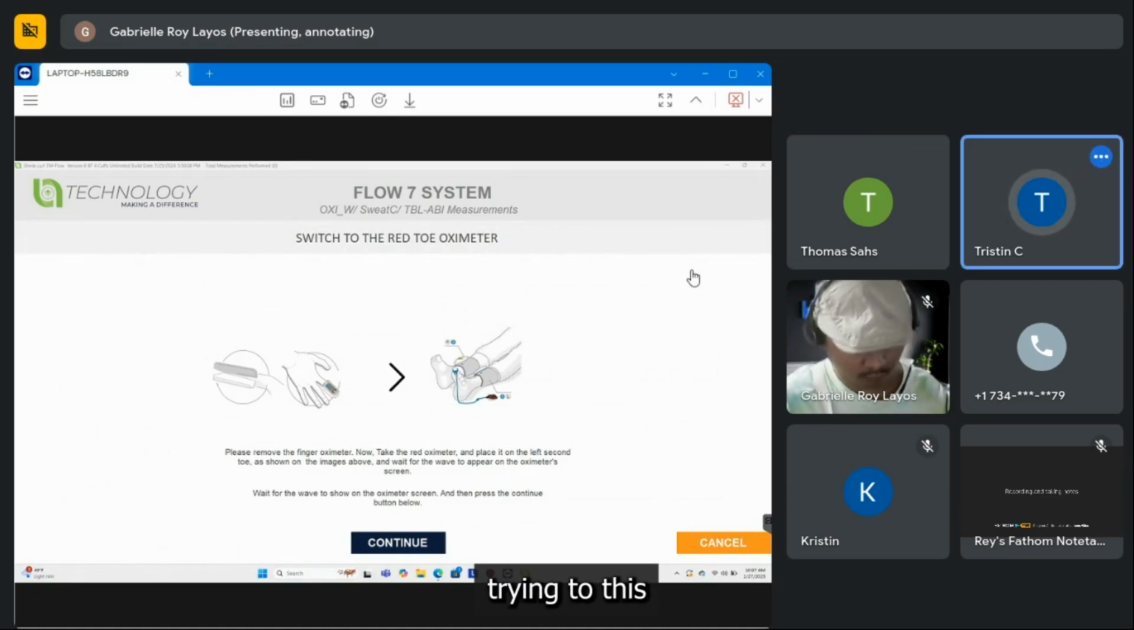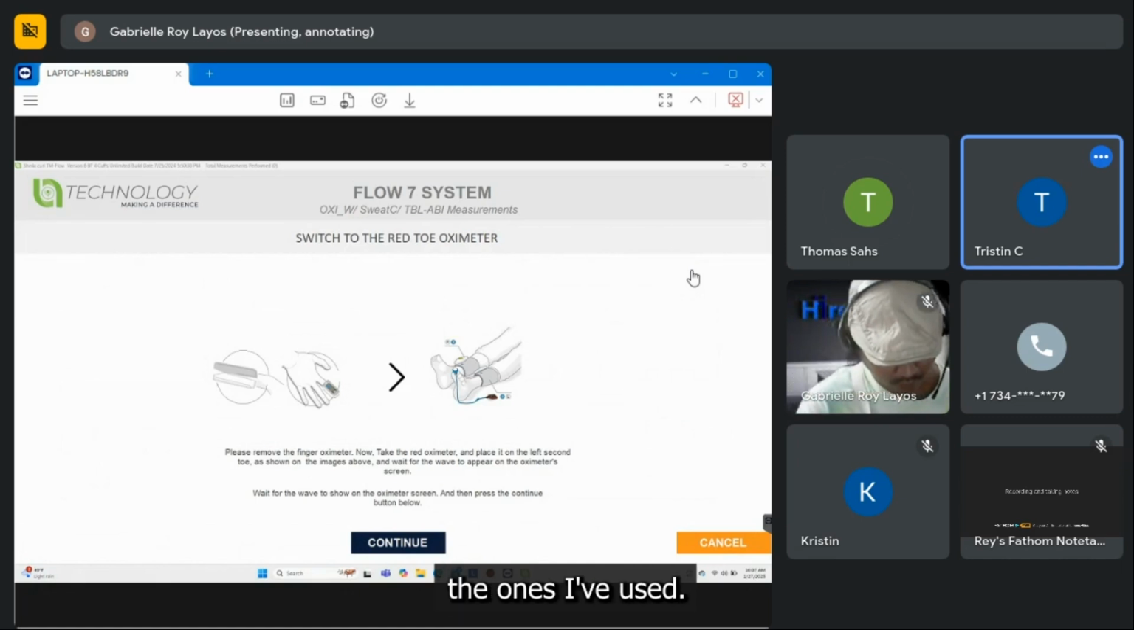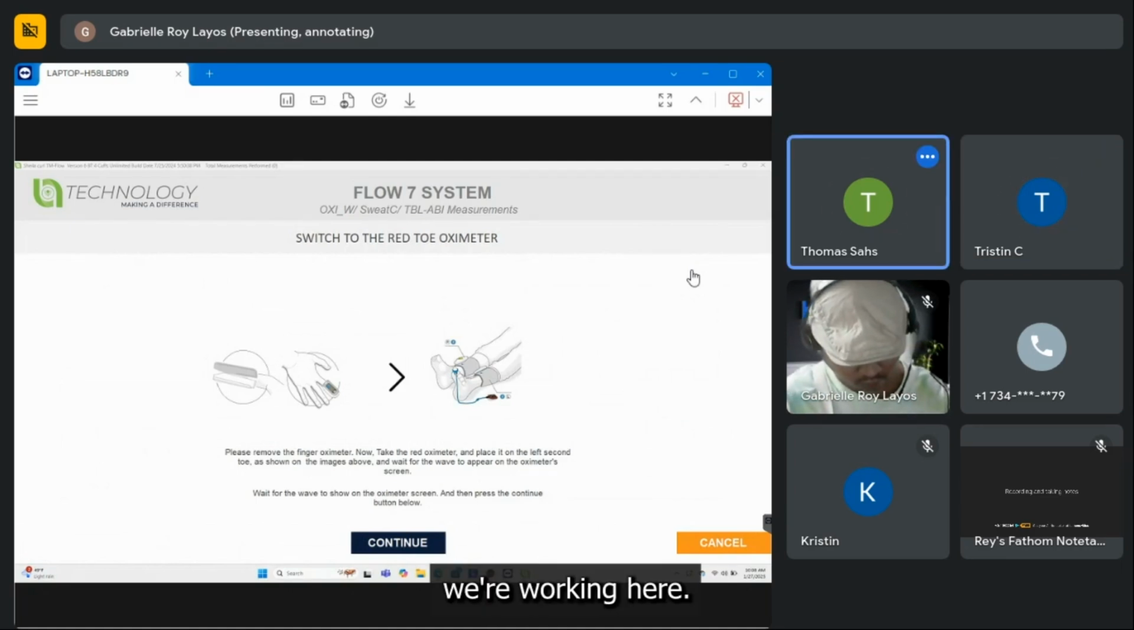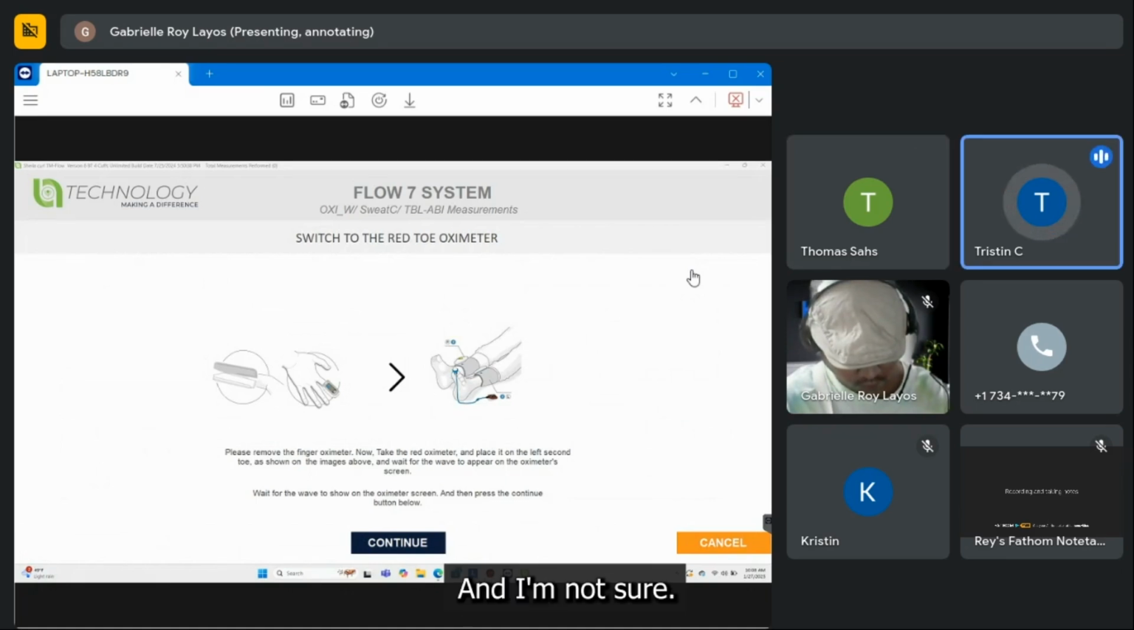Compared to the ones I've used. Yeah. Sure. Could you wrap it around the toe? I do this. It's a little. The left. Oh, a little on the toe. Interesting. Yeah. Let's see. I don't know. I think that's